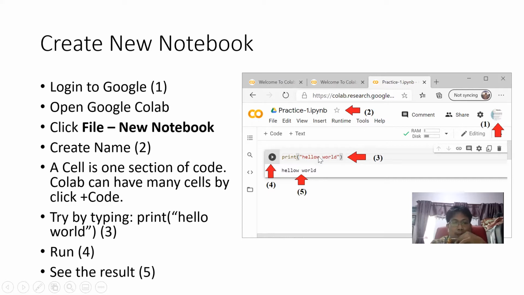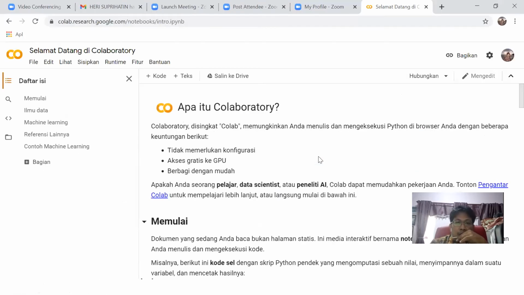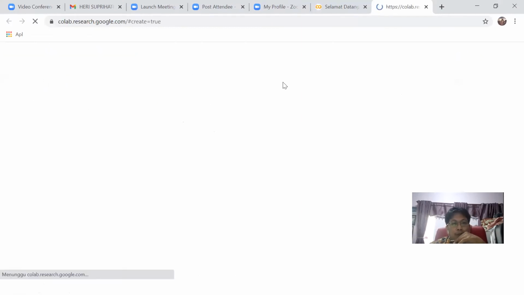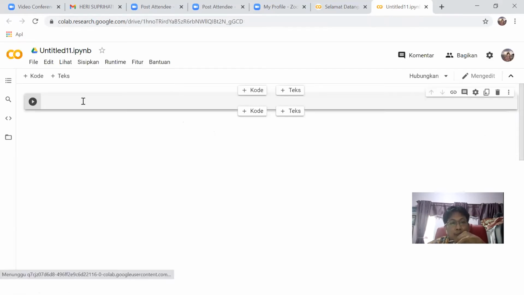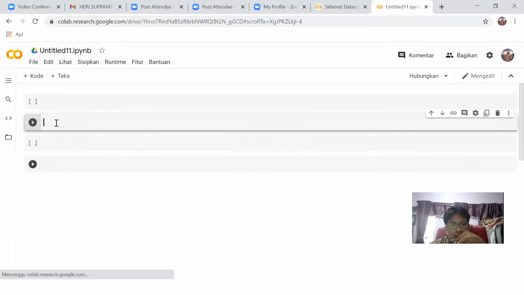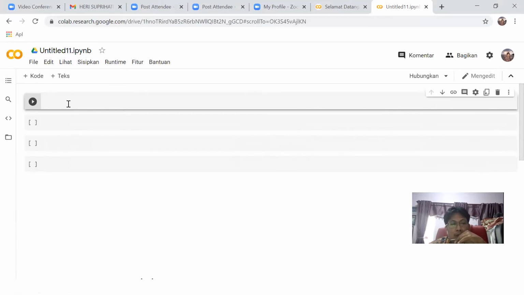With a new notebook, we can run a cell separately from another cell. This is code. For example, we have 4 cells. The running is from up to down, but we can run them separately.